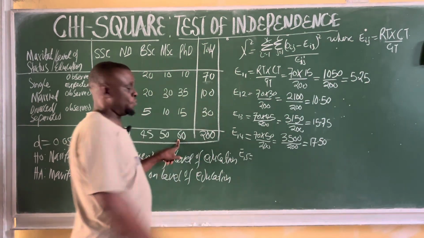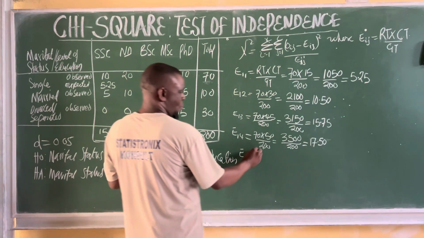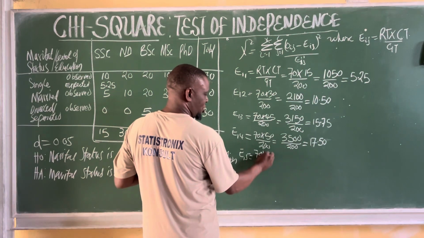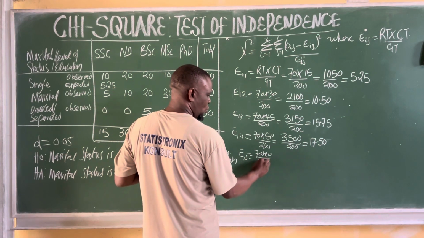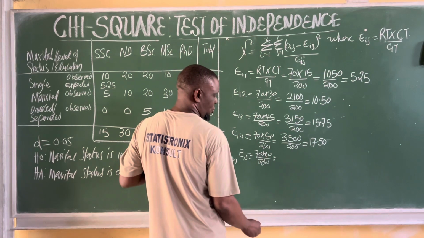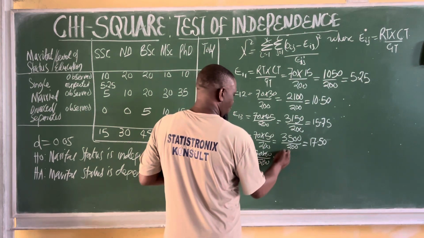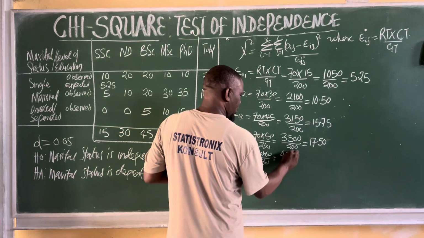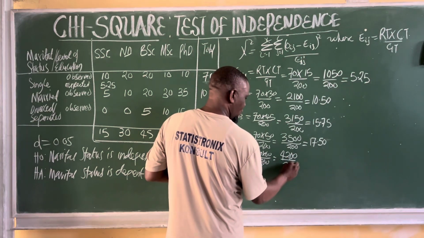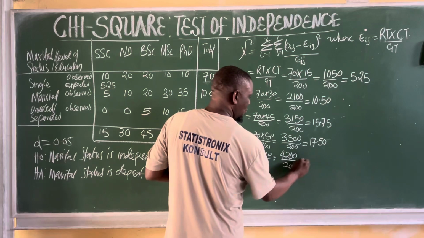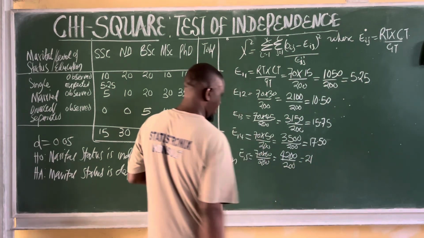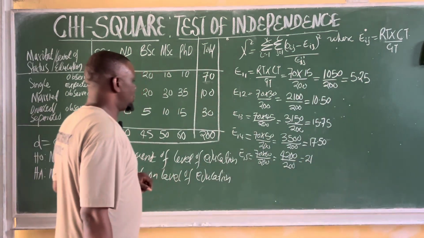total on the column is 60. So we'll have 70 times 60 all over 200. And that will be equal to 4200 divided by 200. And that will be equal to 21. Okay? So the next will be